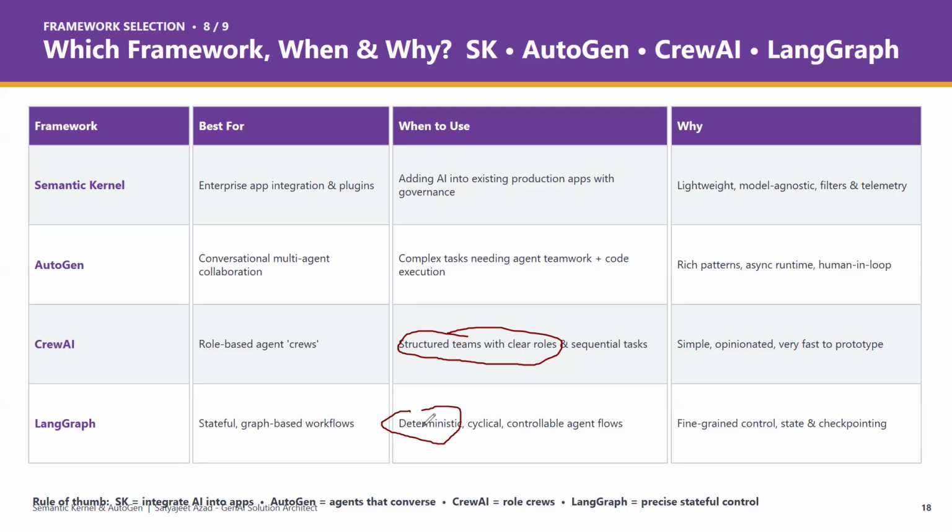Sometimes you can use semantic kernel, sometimes you can use Crew AI, but if you have different tools and techniques, you cannot use them for the same task, right? So you must have clarity on where you can use all these tools and techniques. So these are all the frameworks we have covered.